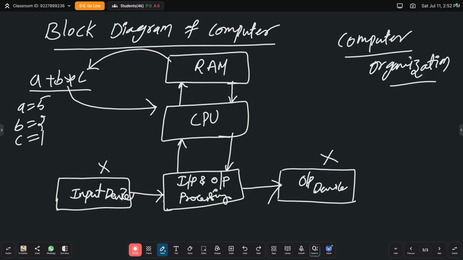The various components are assumed to be in place, and the task is to investigate the organizational structure to verify that the computer parts